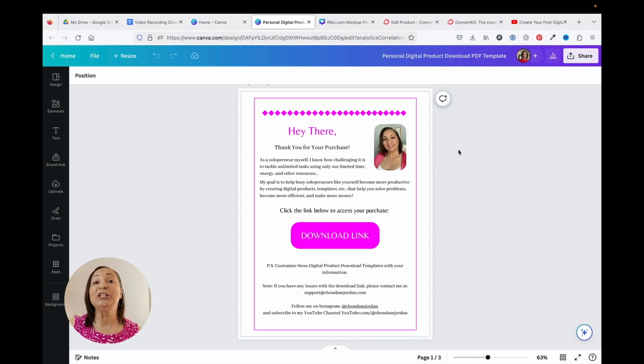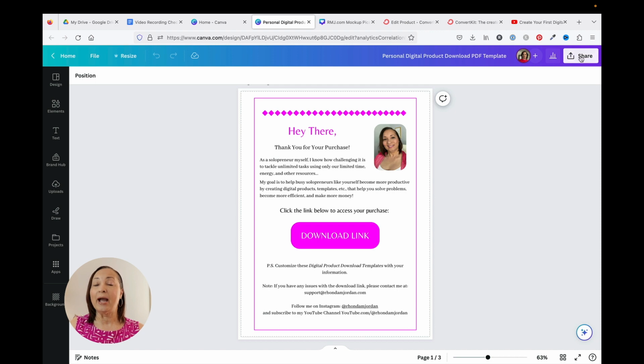Now what I want to do is to show you another very common method that people use in order to create their digital products, and it's one of my favorites, and this is going to be Canva. I'll put a link to Canva down in the description box as well. So here I have a document that I've created, and so this is something that could very easily be converted to a PDF. And the way that you'll do that is you'll come over to where it says Share.